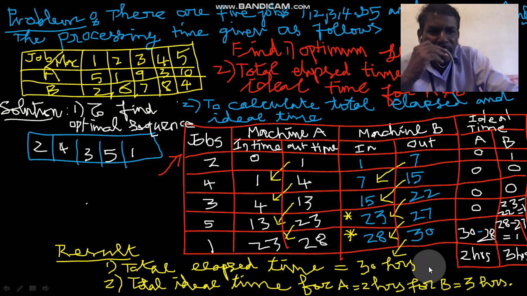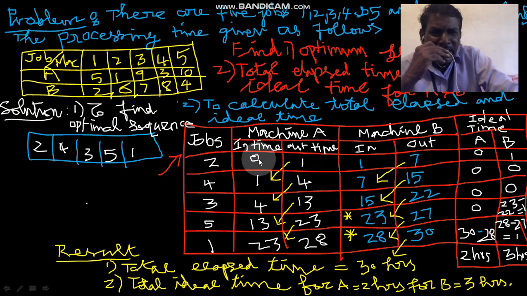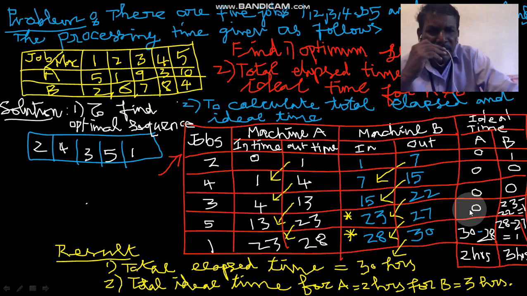Okay. Now what is the idle time here? Now look at this. Idle time for A: it starts here, finishes, so there is no waiting time. Here also there is no waiting time, 0. Here also there is no waiting time, 0. Here also, 13 it finishes, next day itself it starts, so 0 comes here. Okay. 23 it finishes. Coming to